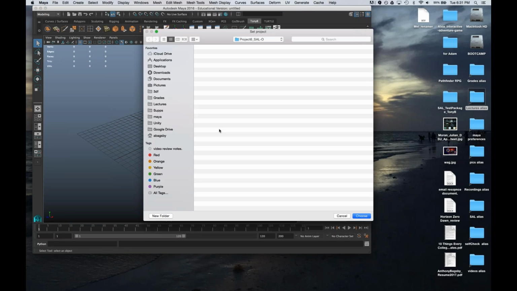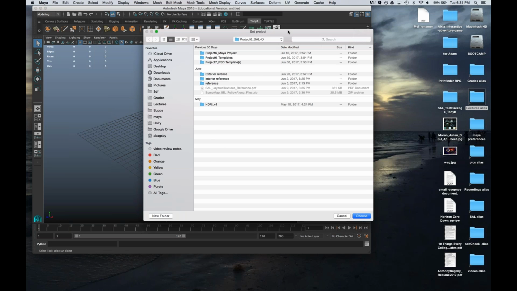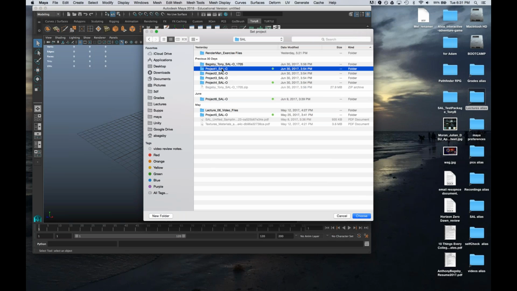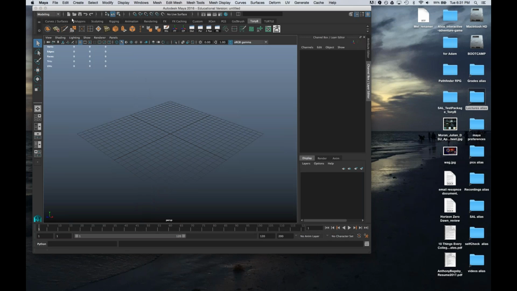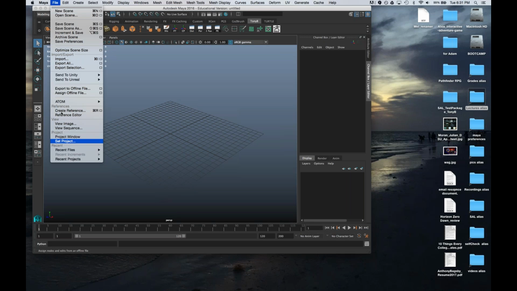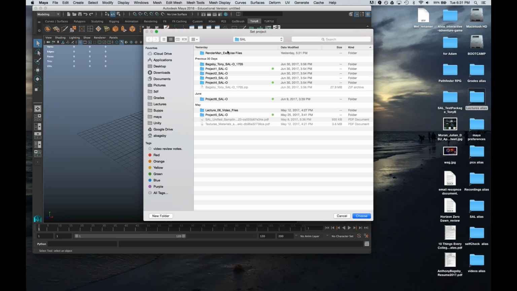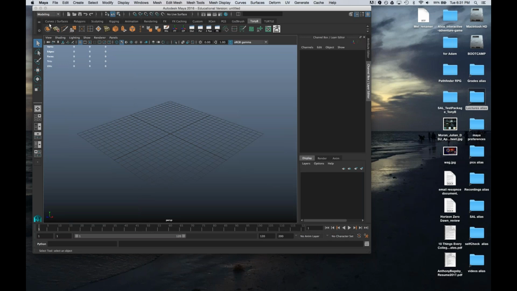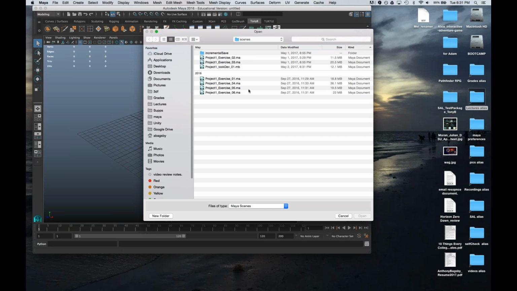So, I'm going to open up one of your guys' scenes for your Project 1, Shading and Lighting. Project 1, setting my project. I set my project wrong, actually. I want it to be Maya project. Okay, let's do number 2.